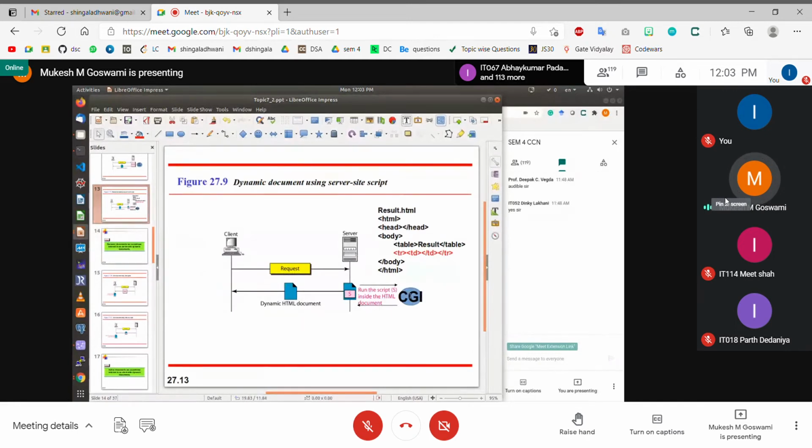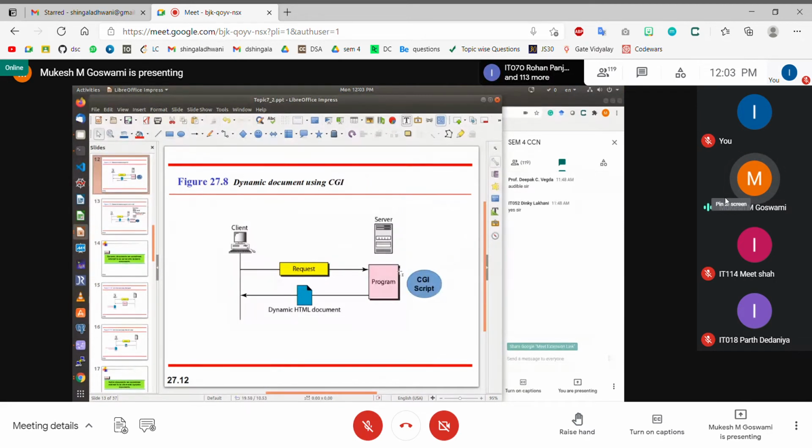the CGI script, the script means a small program. I'm just using the word script here because it is very commonly used in web applications. But when I say script, what do I mean? A script is nothing but a small program written in some programming language, maybe Perl, maybe Python, maybe C, or maybe Java or something else. It is just a small piece of program which is executed to generate the HTML document dynamically. So that is what we call a script.